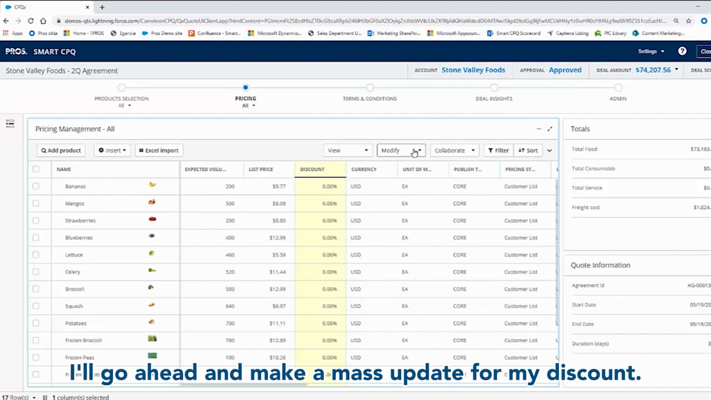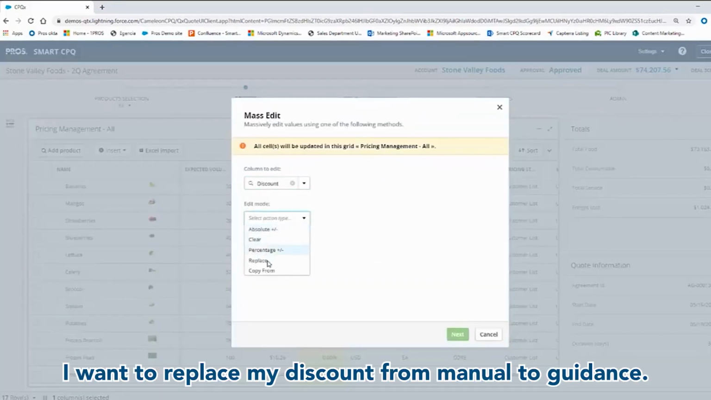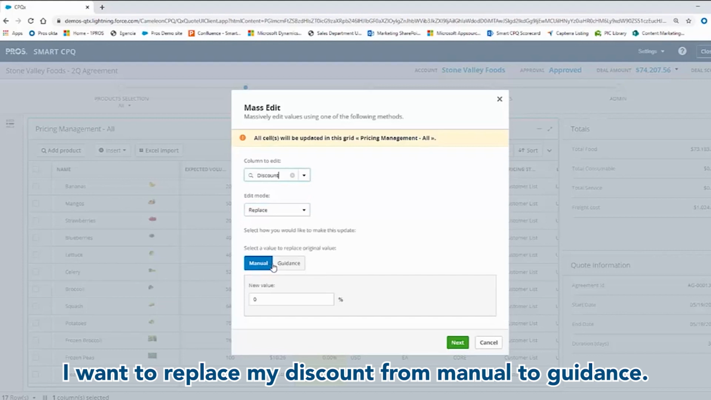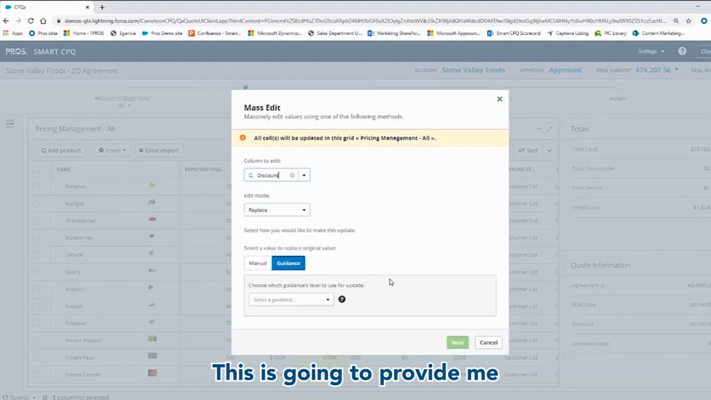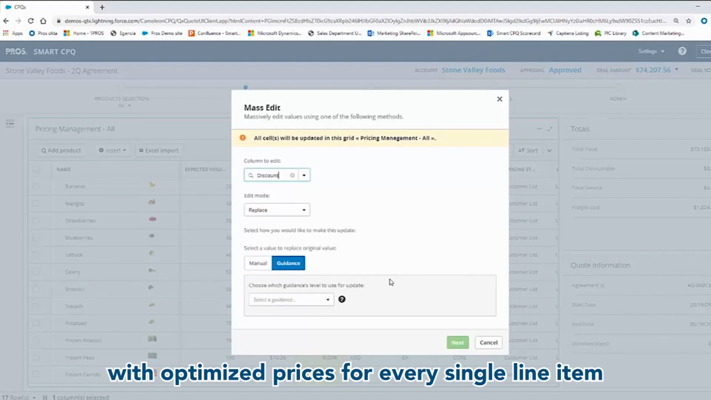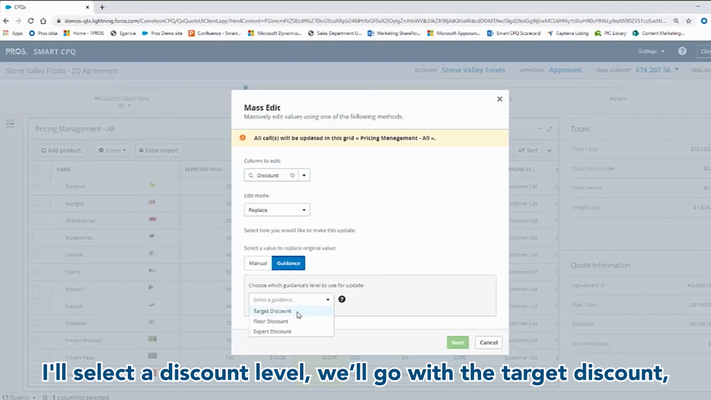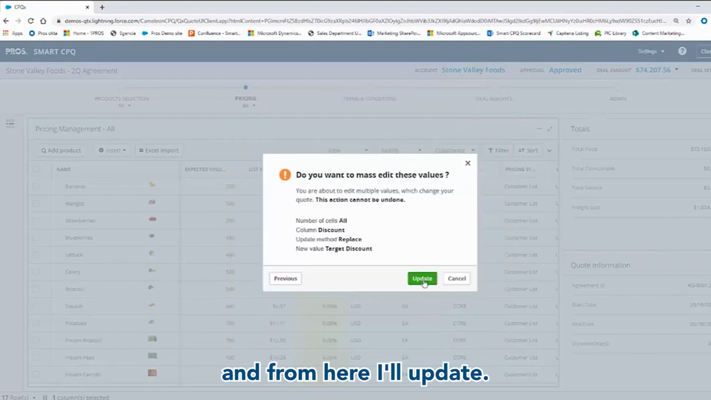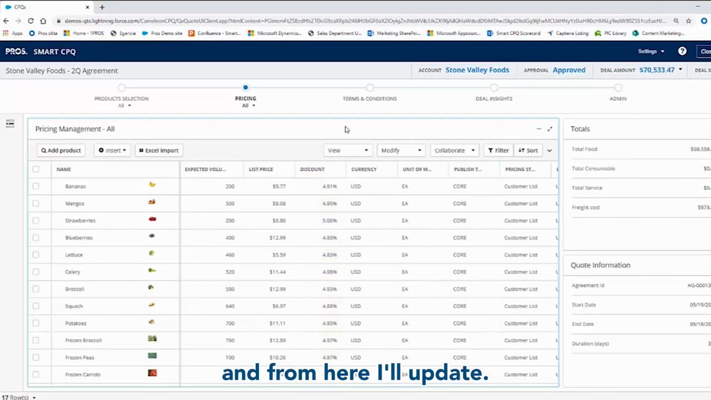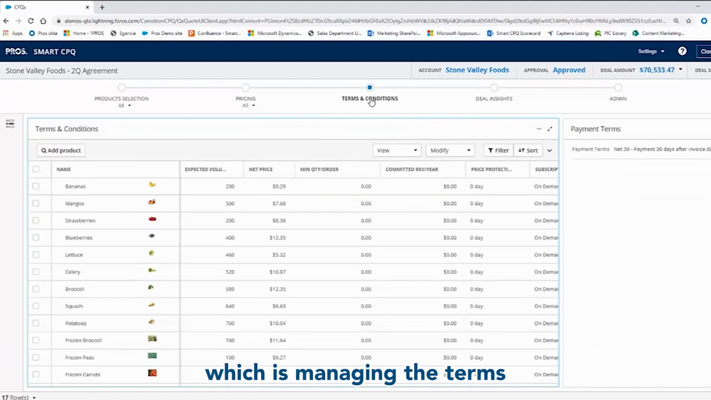From here, I'll go ahead and make a mass update for my discount. I want to replace my discount from manual to guidance. This is going to provide me with optimized prices for every single line item that is tailored to Stone Valley Foods. I'll select a discount level, we'll go with the target discount, and from here, I'll update. Now that this has been updated, I'll go to the next step, which is managing the terms and conditions for